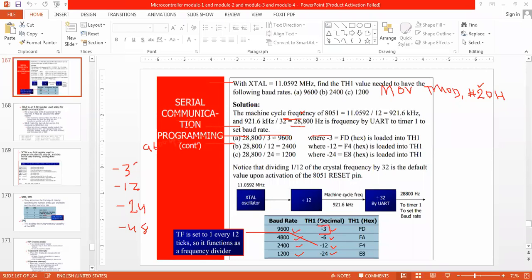So -3, if I convert that into a hexadecimal number, is FDH.